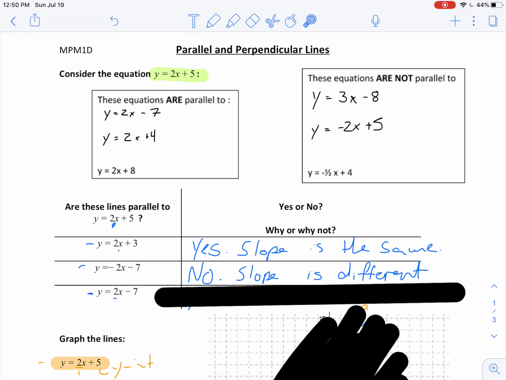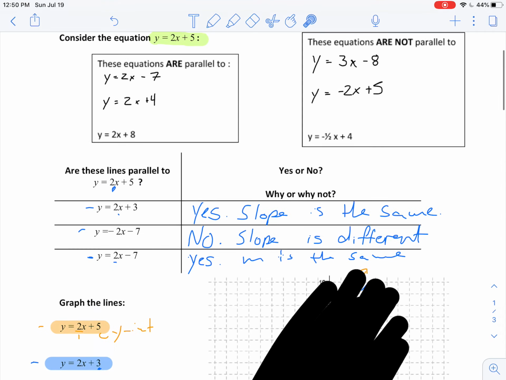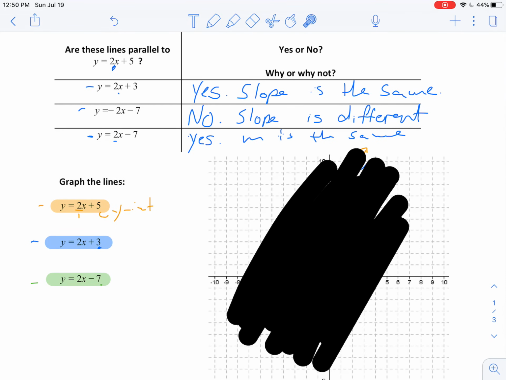And the third one we have, y equals 2x minus 7. Is it parallel to our original equation here? Well, yes it is, because the slope, or the m value, is the same. So as we go ahead and graph these, we're going to graph this line in orange, y equals 2x plus 5, and quickly label it. I know my y-intercept is 5, and this slope of 2 is technically 2 over 1. So when I go ahead and plot that line,